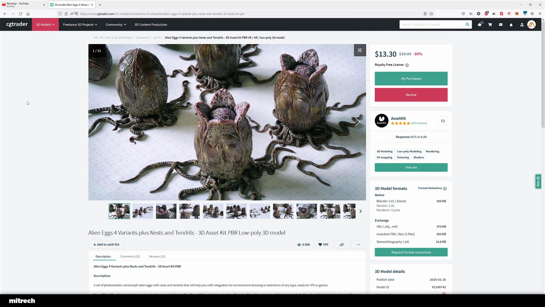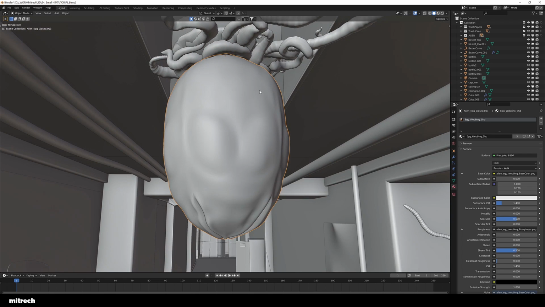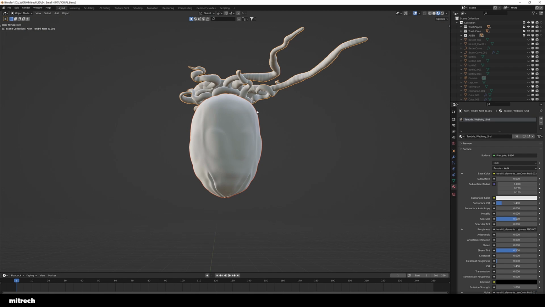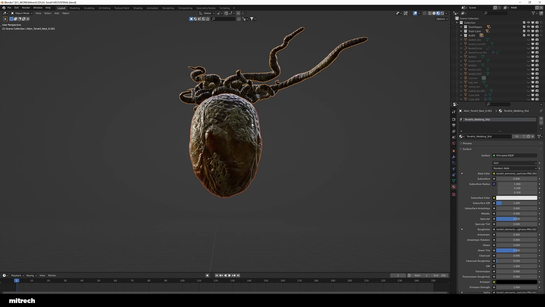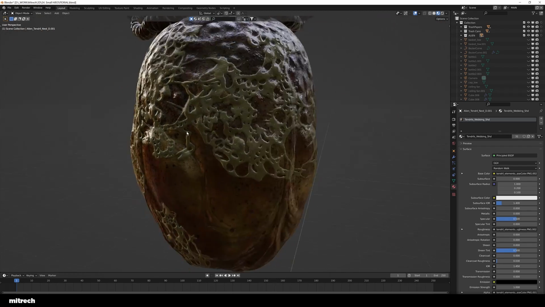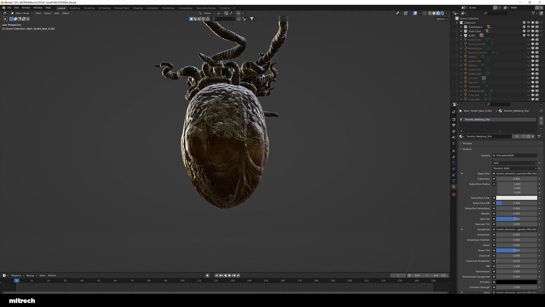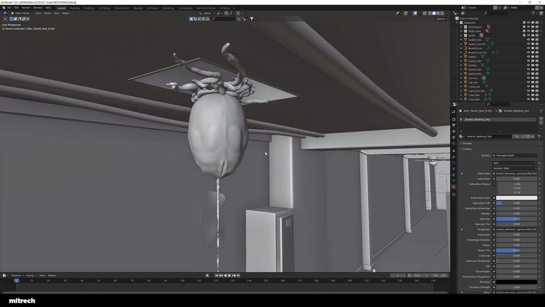I bought it and I said, okay, those are going to be really nice integrated into my scene, right? So I just bought that pack, and here it is inside my project. The textures are really nice, so I definitely recommend you check that guy out and check his assets out if you want cool organic stuff for your scenes, right?